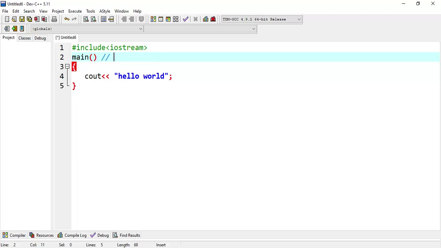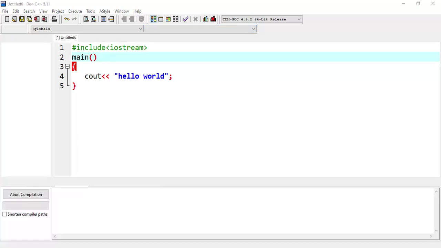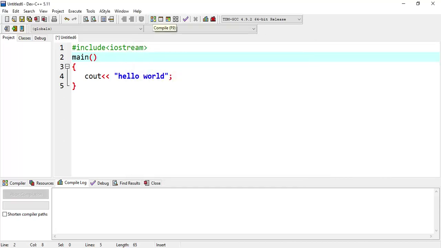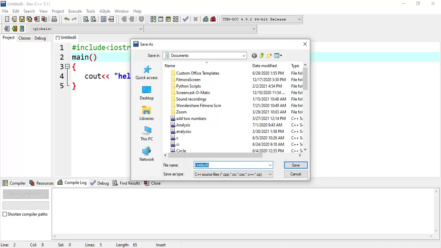So first of all we will compile this code. We have just clicked on the compile button, this is called the compile button, and here we will write the name of the program. This is the first program I have written.